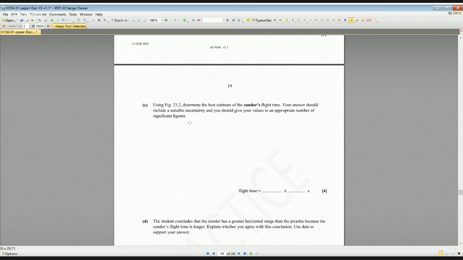So we will find the average of 3.5, 3.9, 4.2, and 3.4. Do that by dividing by 4. We've excluded the outlier, and we get 3.75 seconds